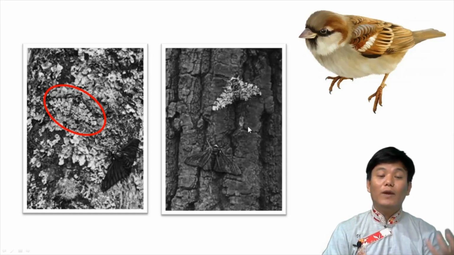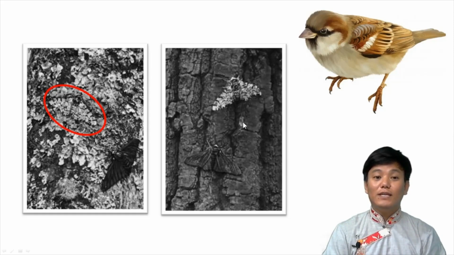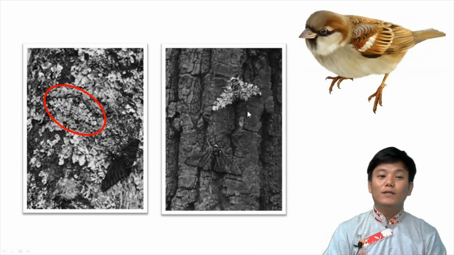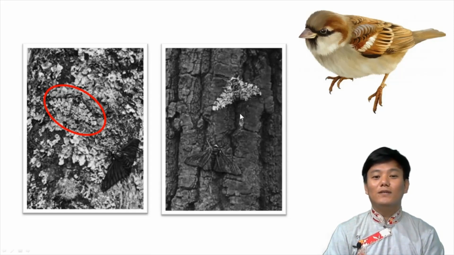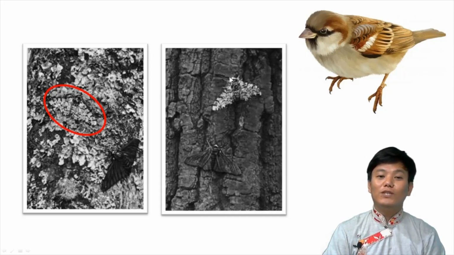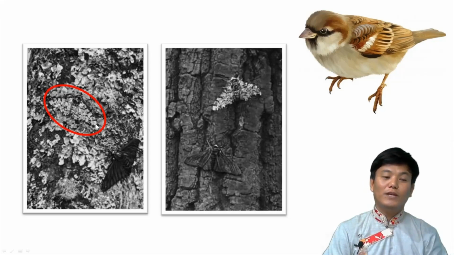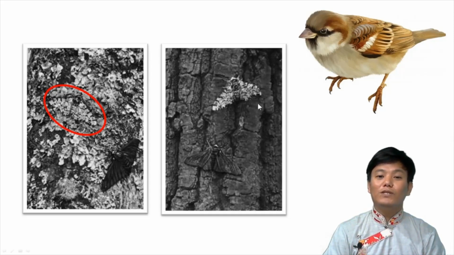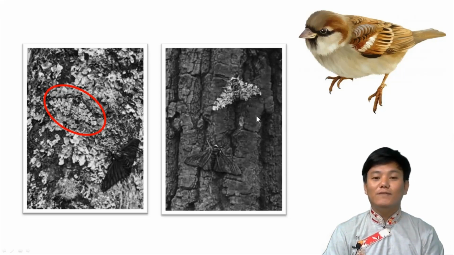And if you want to know one extra piece of information, in 1973 in England, when the pollution slightly declined, what happened was that the population of the lighter colored moth started to increase, right? Because the lichens started to grow back, and now the lighter colored moth got its advantage back, and therefore the population dynamics again changed in 1973, right? So that is natural selection in action.